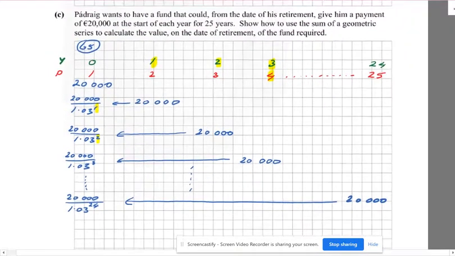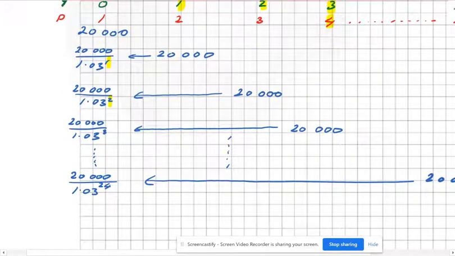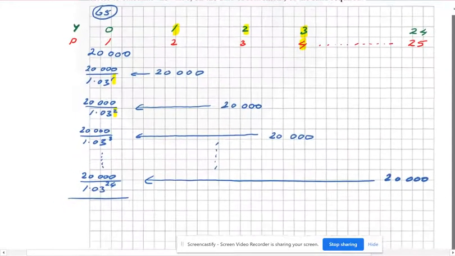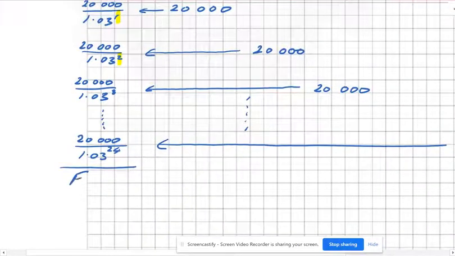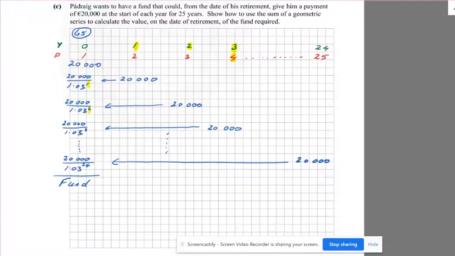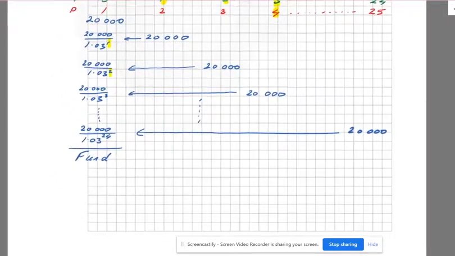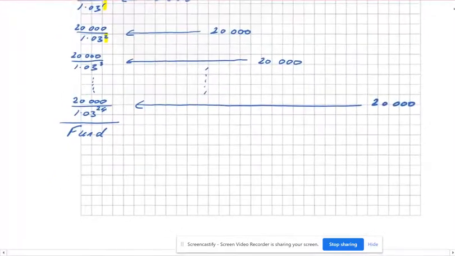Now, what else does he want here? He wants us to show how to use the sum of a geometric series to calculate this value. So the idea is when you add all these together, all their values on the day of retirement, you get the value of his pension fund basically. So we're going to add all those together now to get the fund. To do that, we write them out horizontally. It's easier to see. So the fund is equal to